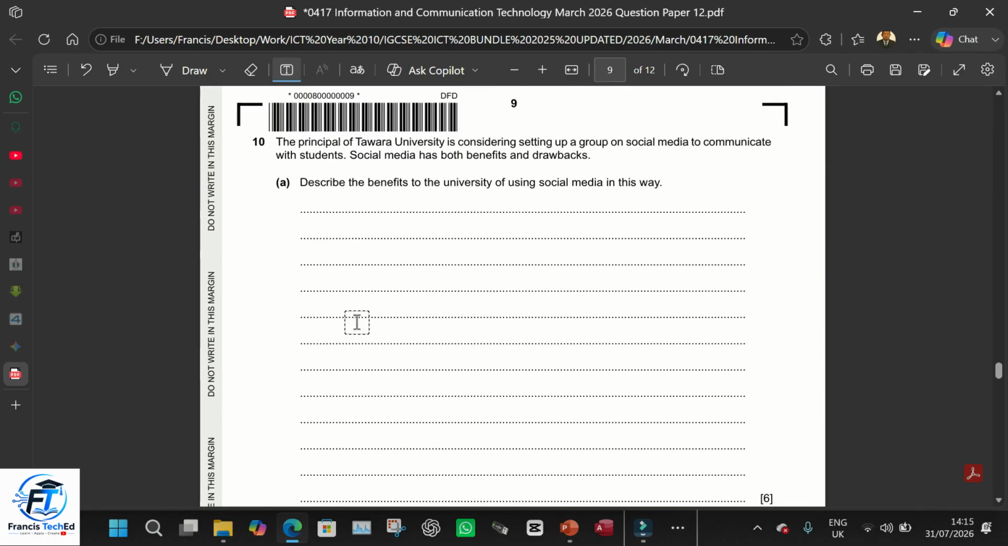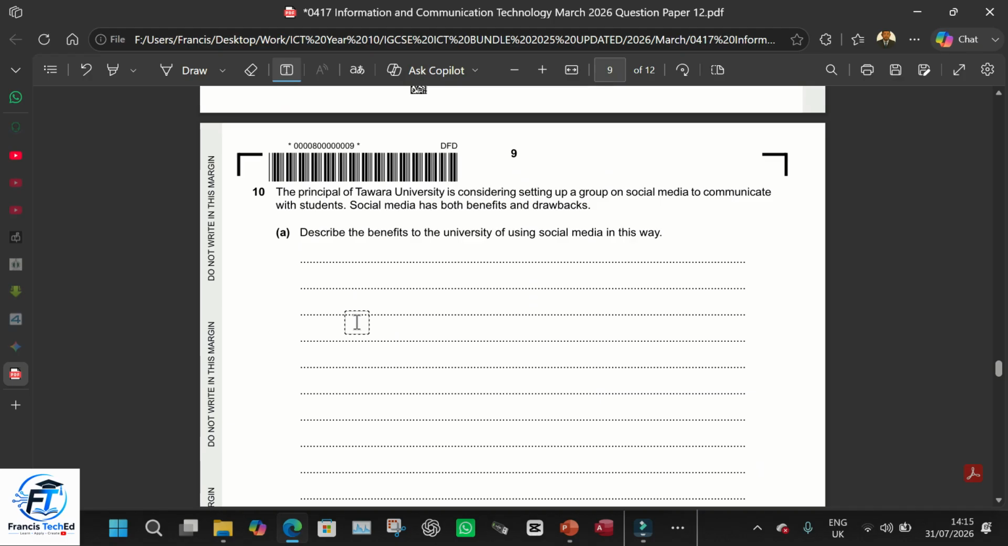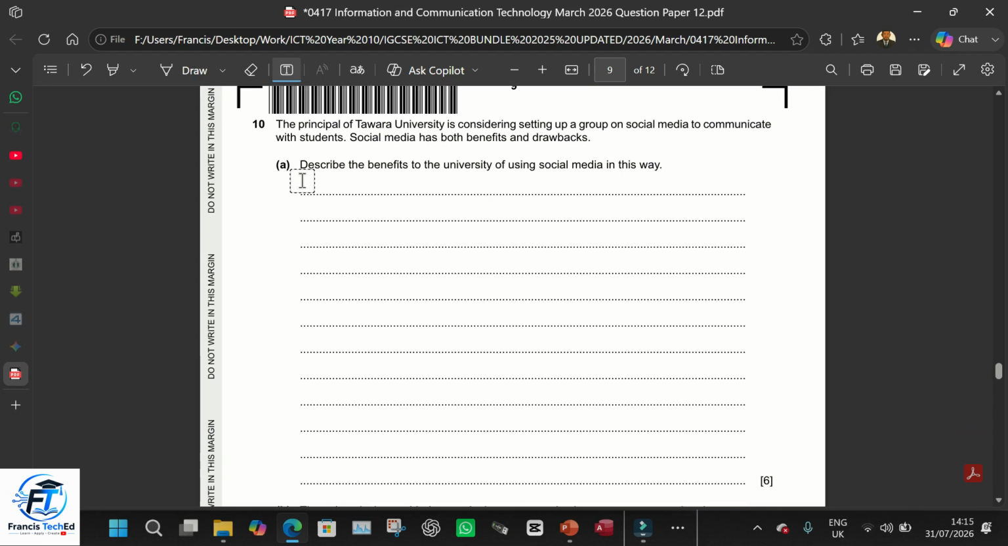Okay. All right. So this is number 10. The principal of Tawara University is considering setting up a group on social media to communicate with students. Social media has both benefits and drawbacks. Describe the benefits to the university of using social media in this way. Okay. So, of course, the first advantage of social media is that messages and information